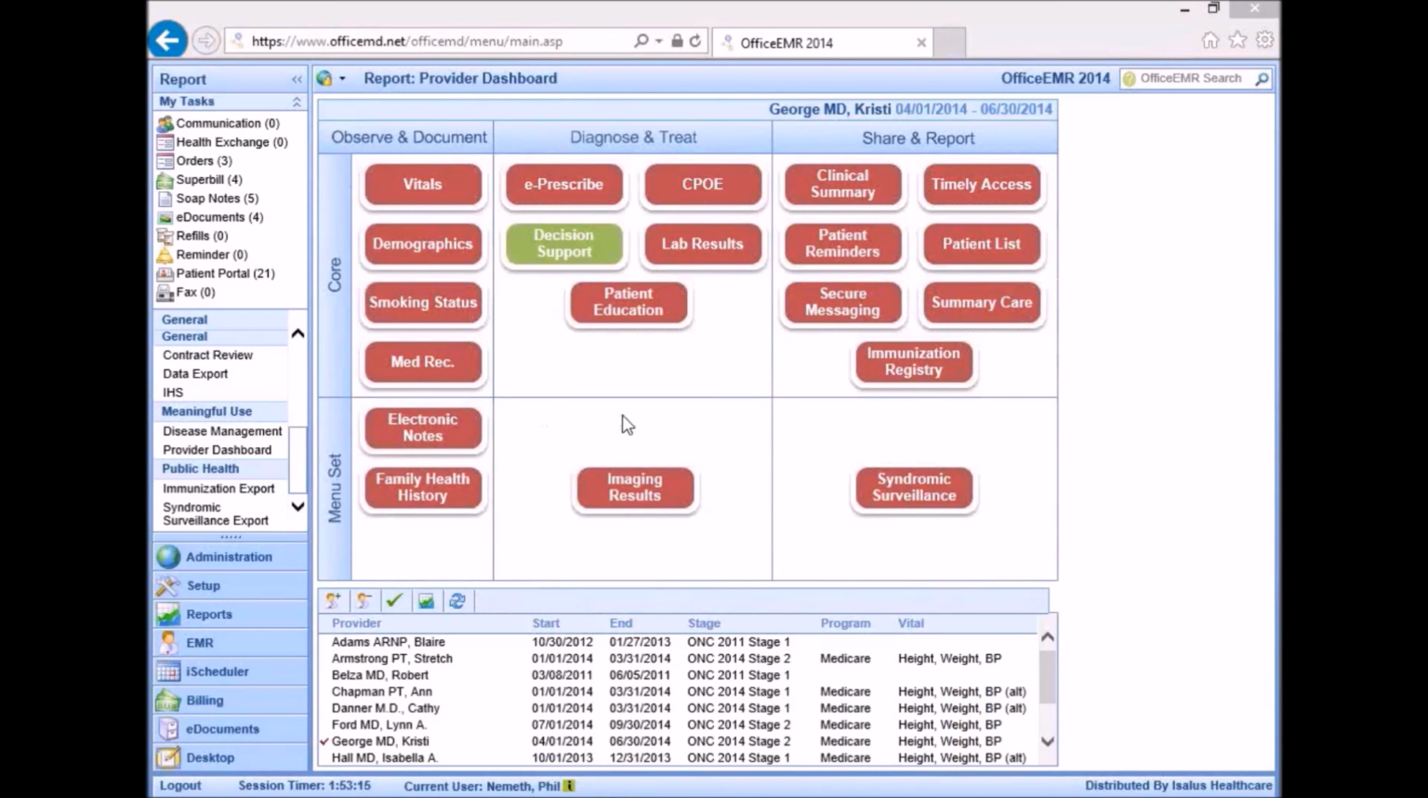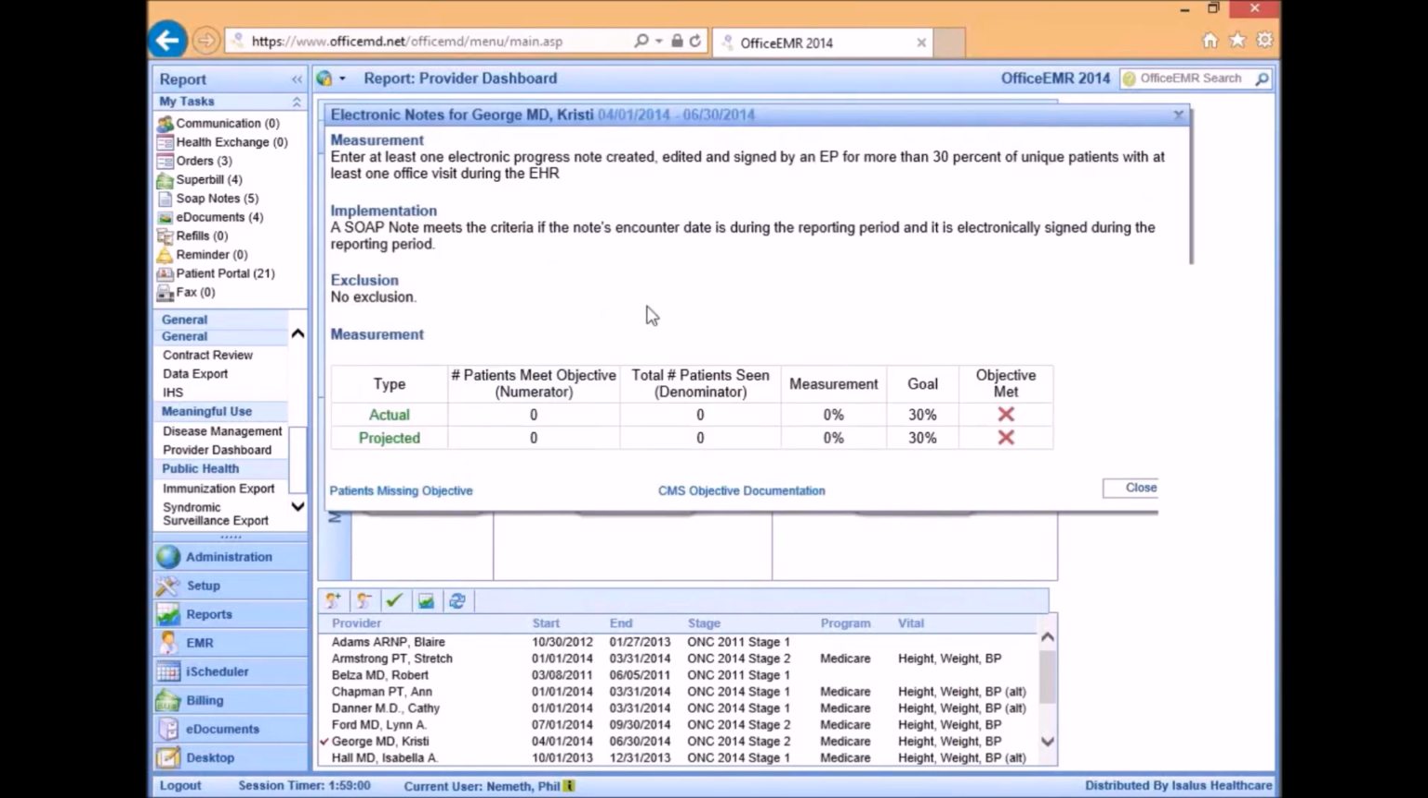So the first objective we'll take a look at here is an objective called electronic notes. So this is actually a brand new objective for stage 2, and it should be pretty easy for a lot of you. So all this objective is basically stating is that for 30% of all of the notes that you create for your office visits during the EHR reporting period, at least 30% of those need to be saved and